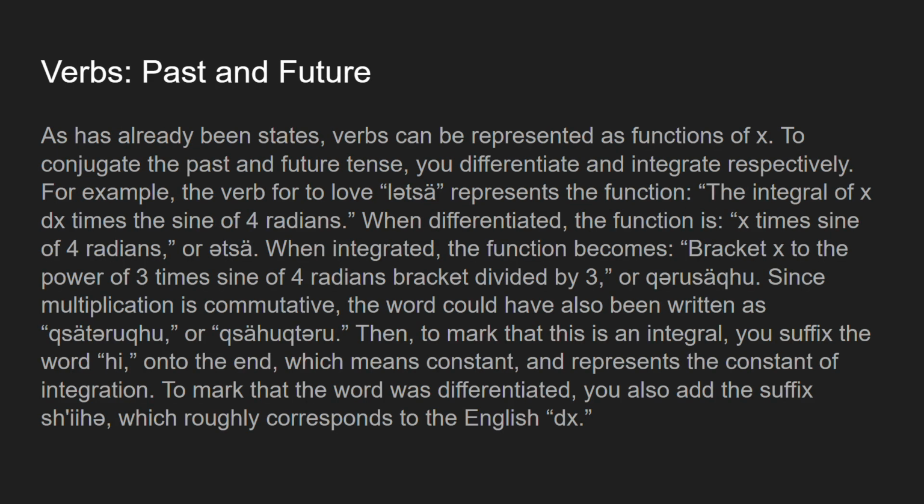So then, verbs, past and future. That's most of the stuff with the nouns. Verbs can be represented as functions of x, and to conjugate the past and future tense, you differentiate and integrate respectively. For example, the verb for to love, lutza, represents the function the integral of x dx times the sine of 4 radians. When differentiated, the function is x times sine of 4 radians, or when integrated, the function becomes bracket x to the power of 3 times sine of 4 radians, bracket divided by